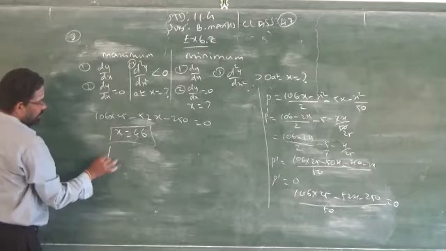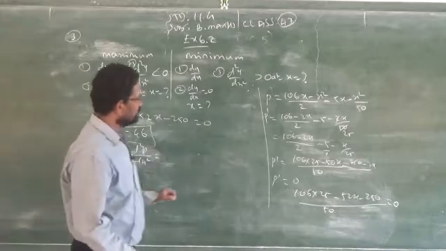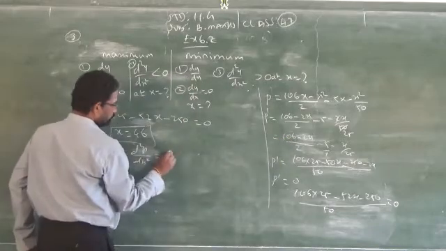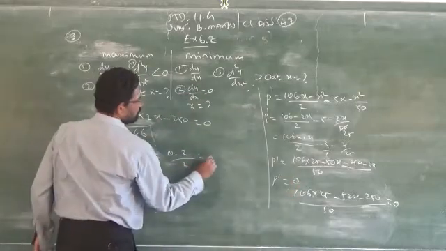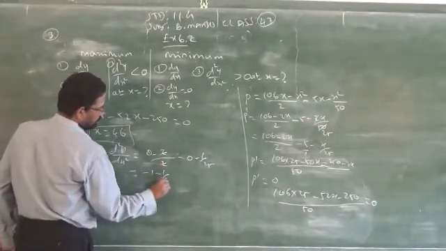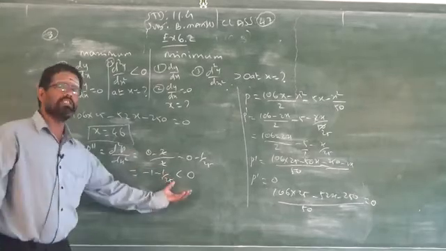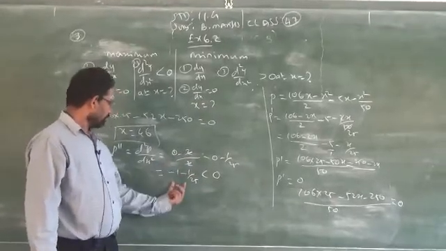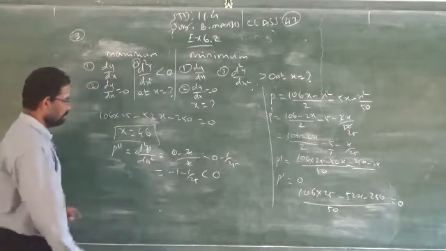Then you have to find second order, that is P double dash or d square P by dX square. Where is the first order? This is your first order. I am differentiating this one. There is no X, 0. Minus 2 by 2, 2X will become 0. There 1 by 25, 0 minus. So you will get minus 1 minus 25. It will always be less than 0, because both numbers are negative values. Obviously no need to simplify more. Just by seeing it you come to know that this is a negative answer. So now it is less than 0.